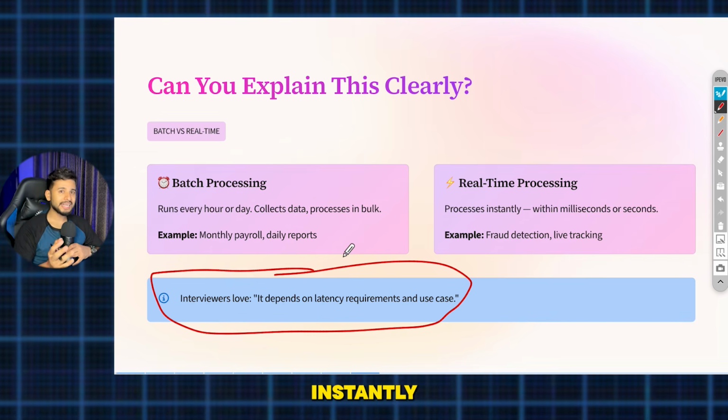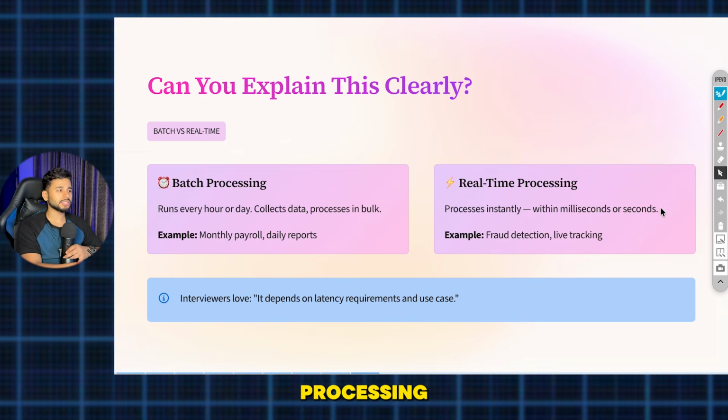If you want to instantly get the data processed, real-time systems are important. If you will do the processing or load the data at an interval, such as 5 minutes, 20 minutes, 1 hour, 2 hours, 5 hours, 7 hours, every day, every month, every weekend, then I'll do batch processing. That is how we figure out what type of processing I have to do.